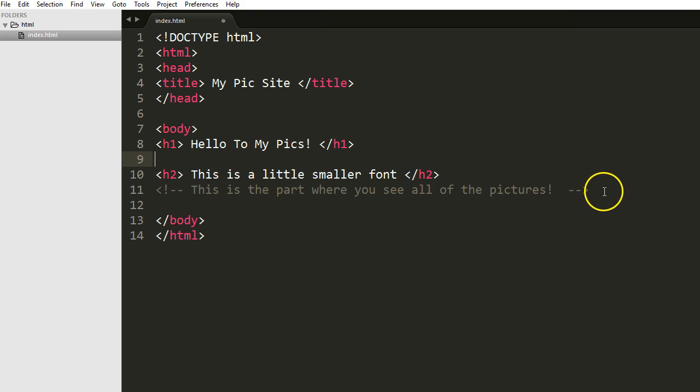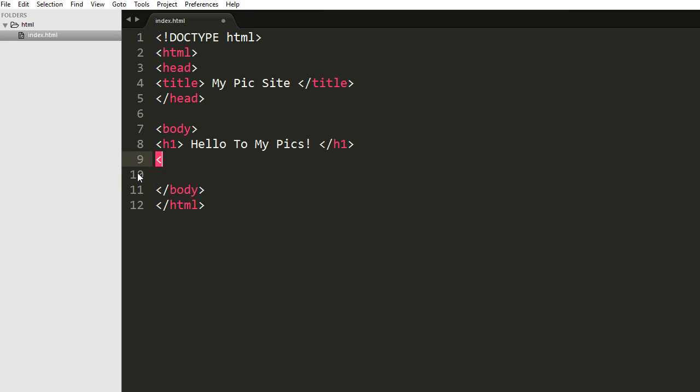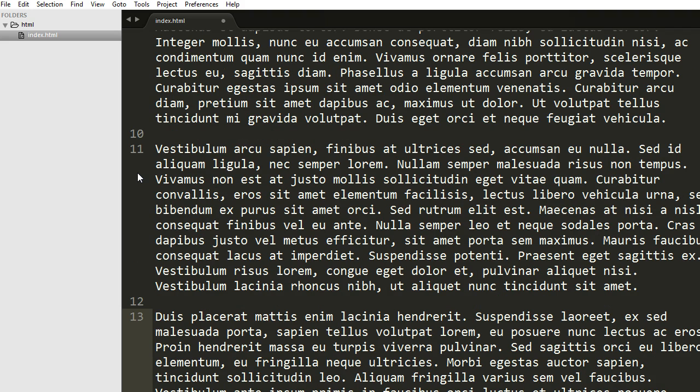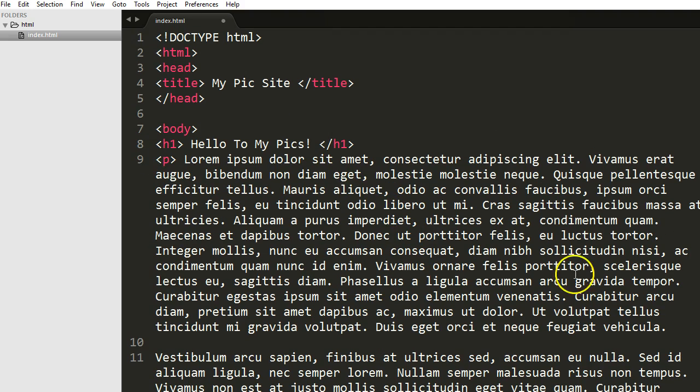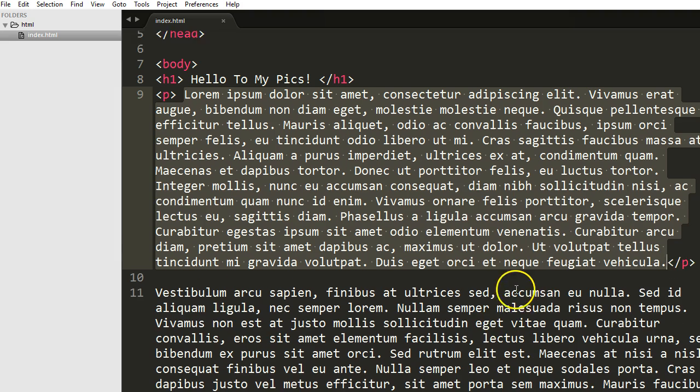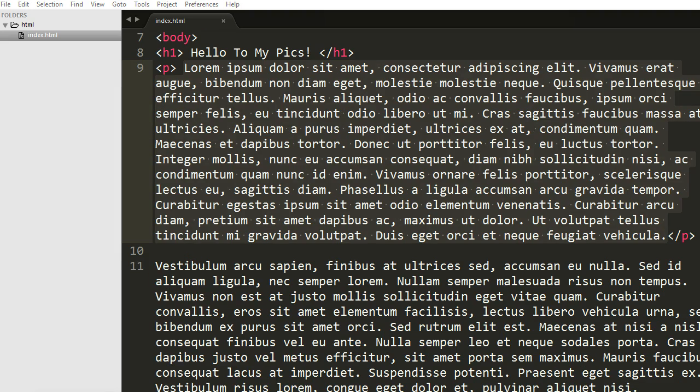So let's delete these two, and let's put in a paragraph element. Now we're just going to copy and paste all those, but that's a lot. So now we have the P. We have to put a P down here, right? Now let's just see what this looks like. So we have a P here for this first paragraph, and then we don't have anything over here. So let's go ahead,